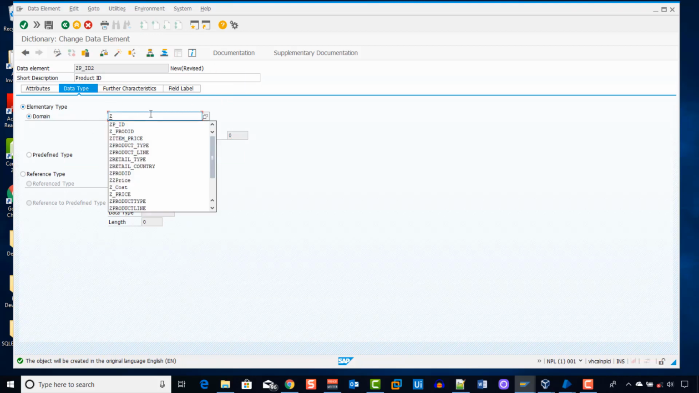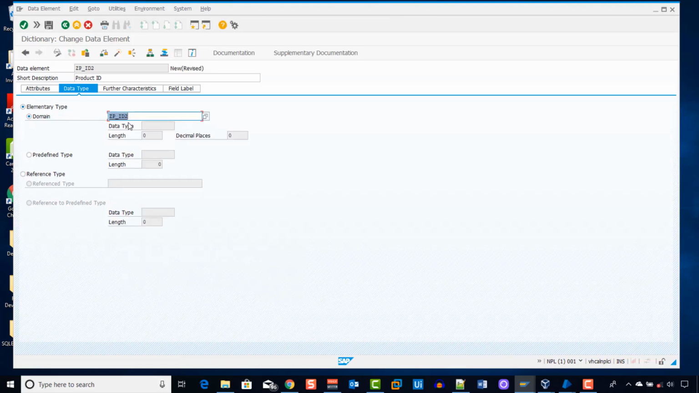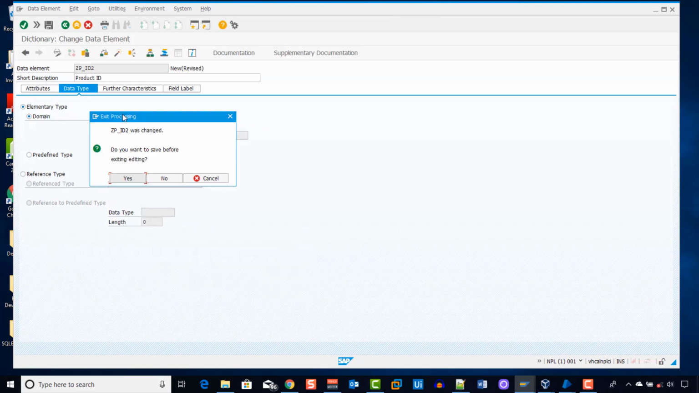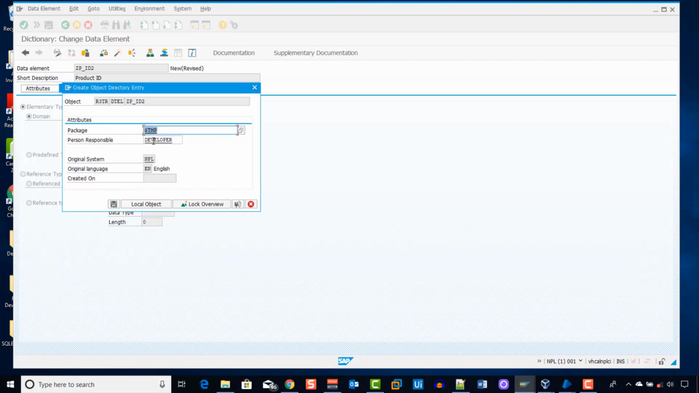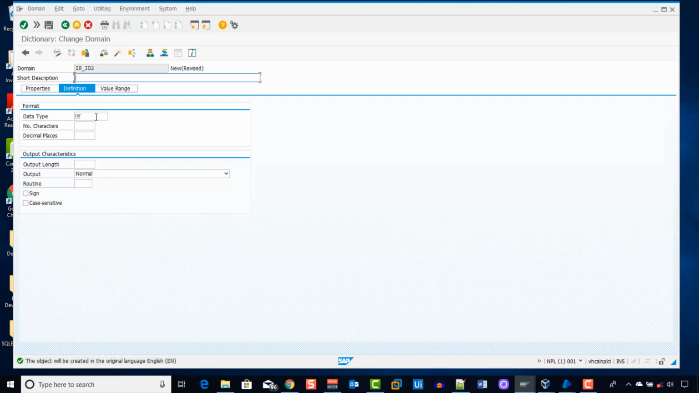Make mine 2. And then you want to double click on this and say yes, local object, click yes. So now you want to give this, I know it seemed like it's repeating itself, but it's not. Just give this product ID